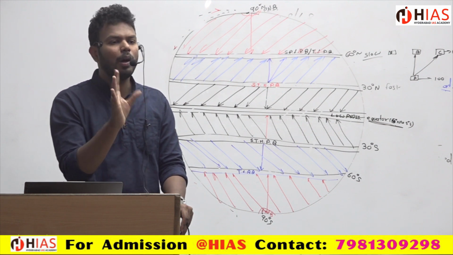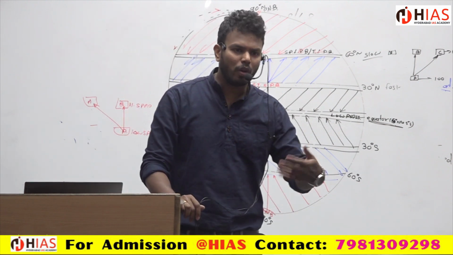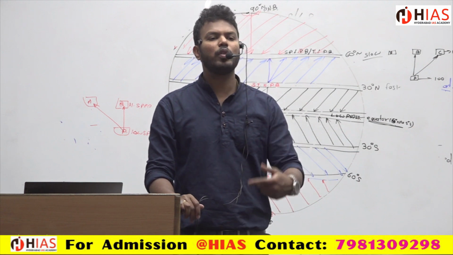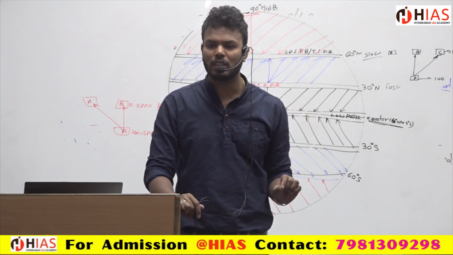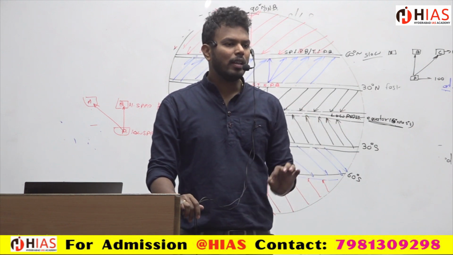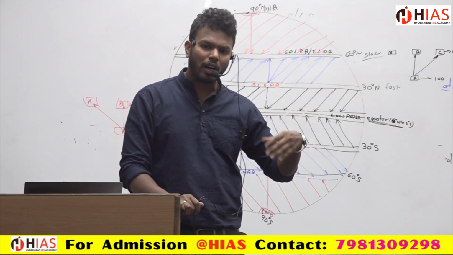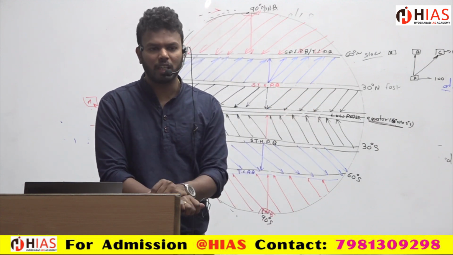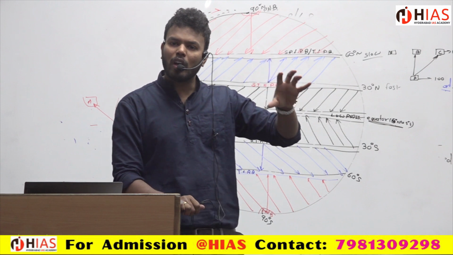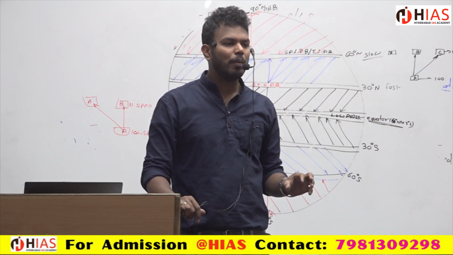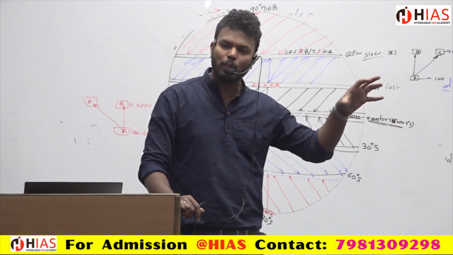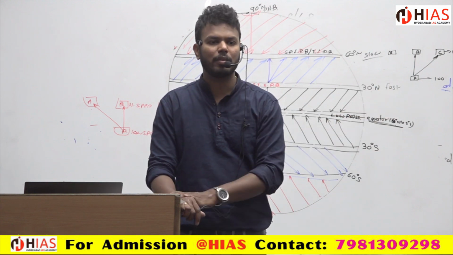Speed will be there. What you will be imagining is, as the speed of the earth is more, Coriolis force will also be more. This is your general imagination, but that is not true. So the Coriolis force is less at the equator, but the speed is more at the equator. Similarly, the Coriolis force is highest at the poles. Means the deflection will be experienced more at the poles than at the equator.